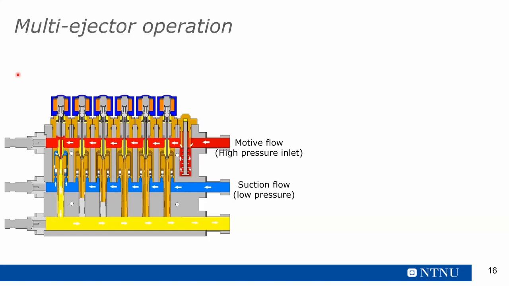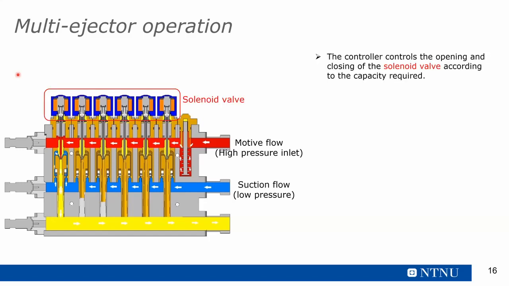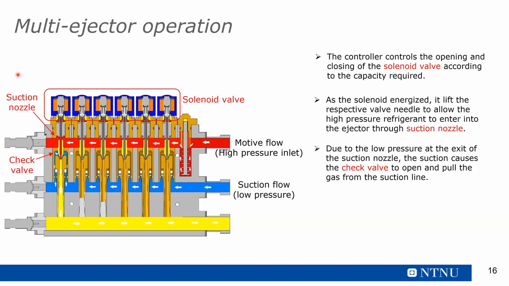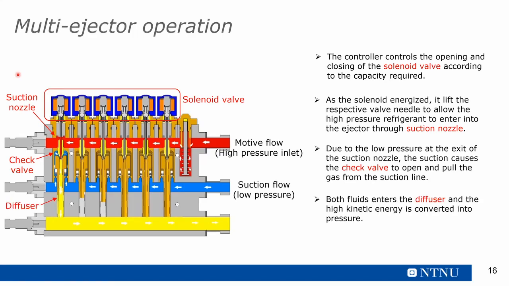It has solenoid valves, which are able to open and close the suction and discharge port of the unit. There are check valves which are operated because of the change in pressure. You might have already seen the basic principle of how ejectors work. This is not different from that, but it can handle much more capacity and variation in the capacity